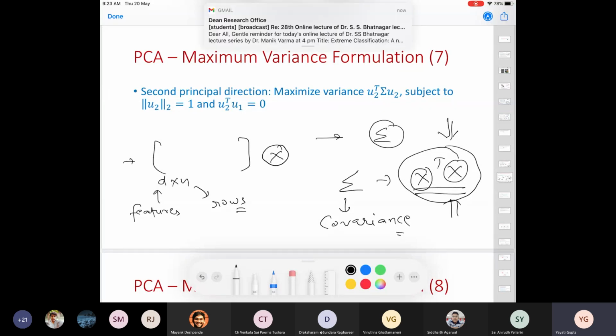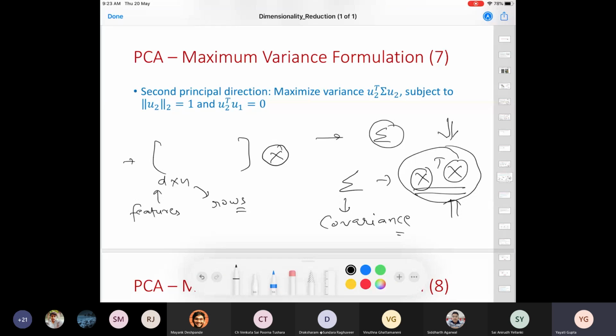I hope this is clear so far, because from the proof, what we got was that we are interested in finding that eigenvector which has the highest eigenvalue. We were trying to maximize this lambda 1, right? Ultimately, it came to this: figure out that particular lambda which has the highest value. And what is this lambda? Lambda 1 is nothing but an eigenvalue of an eigenvector of this variance matrix, or covariance matrix, sigma.